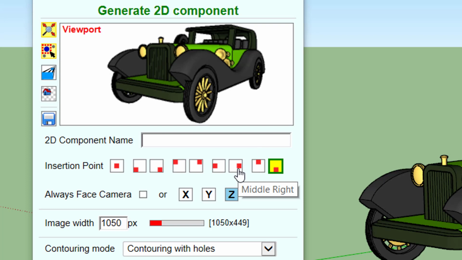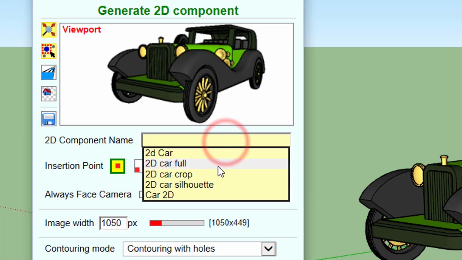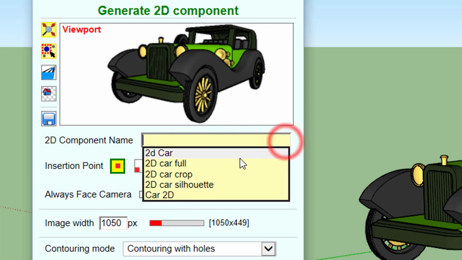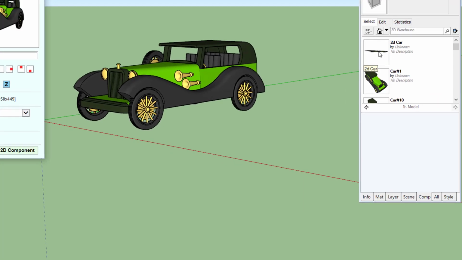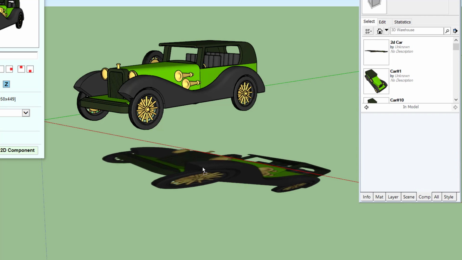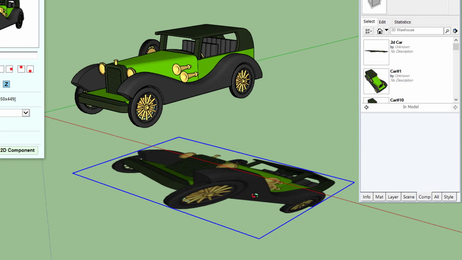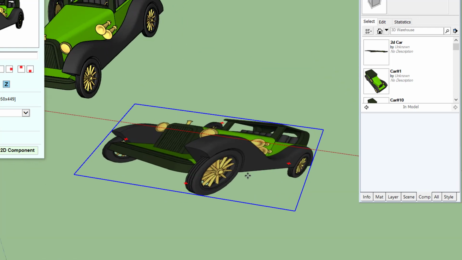So let's take the center, generate the 2D car, and we'll see that when it is generated, the insertion point is in the center of the image. Okay. In SketchUp, you can anyway change this later on.